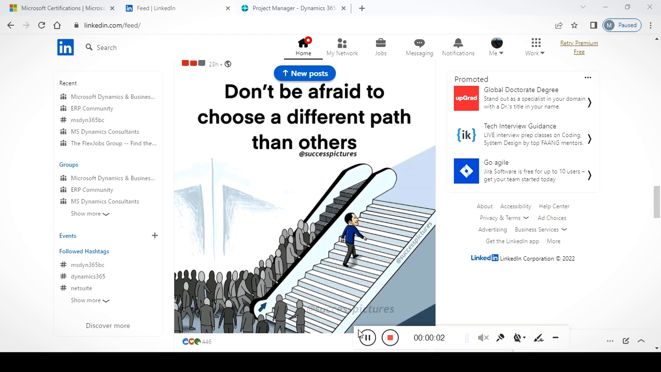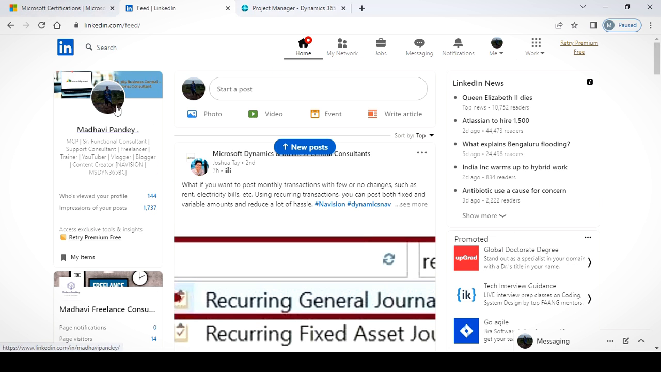I am Freelancer Madhavi, and today I am going to show you how to connect your certification, Microsoft or another kind of certification link, to your LinkedIn profile. So let's begin. The first step is you need to log in to your LinkedIn account, and after login, edit your profile,